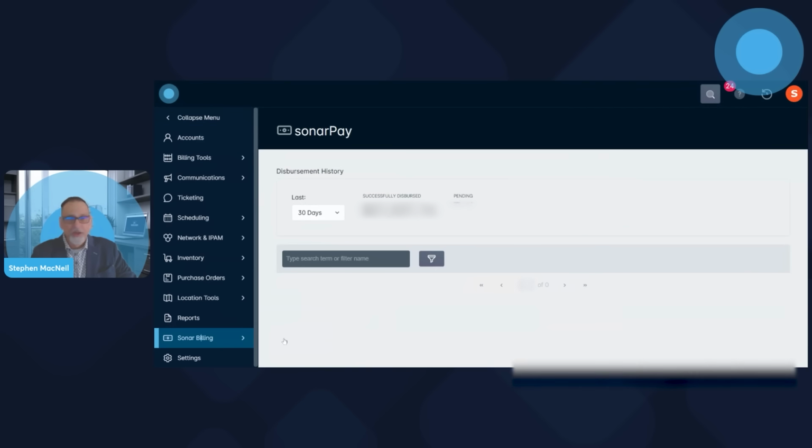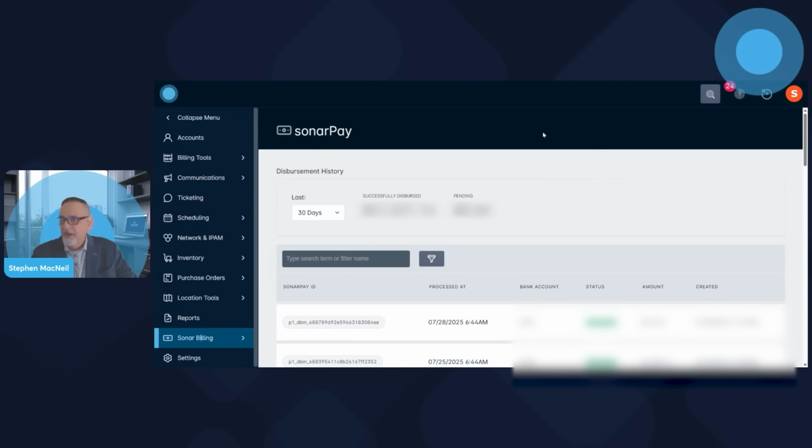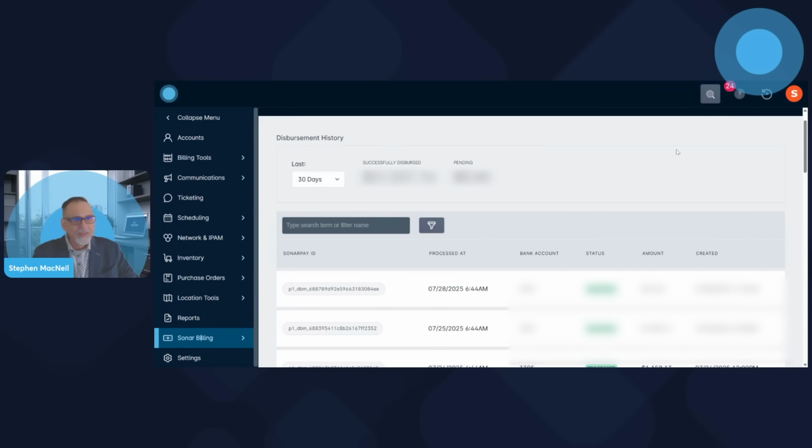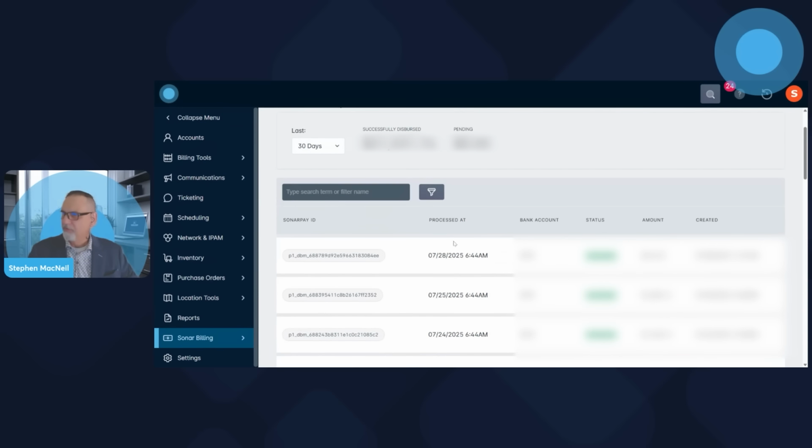When you click on that hyperlink, you'll see your daily settlement activity here. So this is really that, what did I get in my bank and what did sonarPay say I should get in my bank? It gives you that very high-level batch information that you probably already get, but you probably had to go to a third-party portal to receive it. That's all now here within your sonarPay.